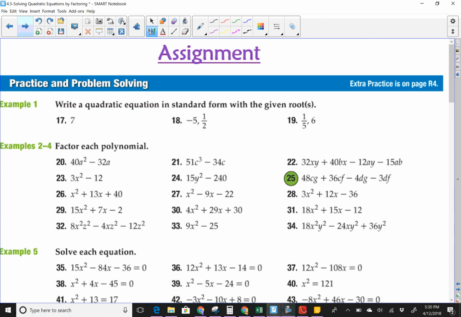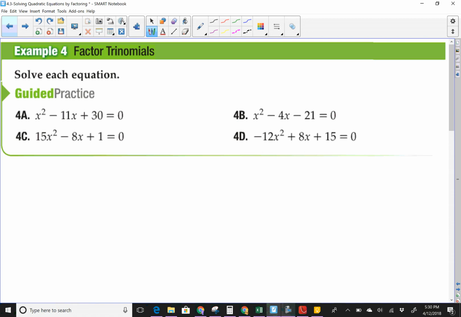So more factoring. Now, these are the, I think I turned it twice. Yeah, my bad. All right, factoring trinomials. So I'm going to talk to you about this method that I use. You can use whatever method you want. What's most important is that you can do it accurately and efficiently. So to start off with,